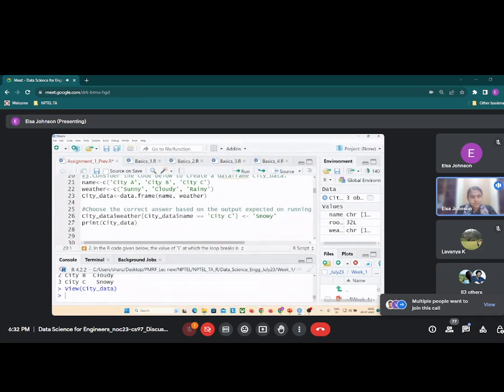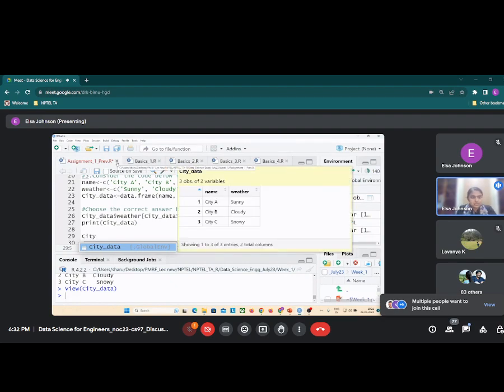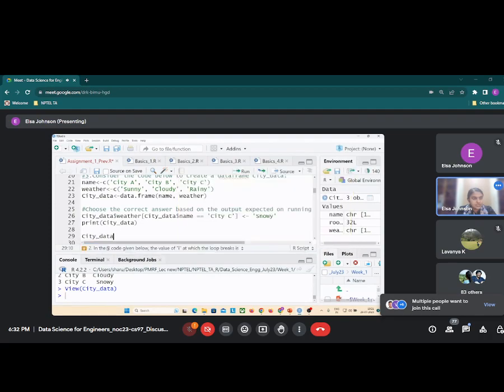So actually our data frame is city underscore data, right? Just when I typed it, it's showing this one. Can you see it? So city underscore data. If you want to access one of the columns of it, you just put dollar. So dollar denotes accessing any of the columns. Now when I put dollar, it came either name or weather, so I can select which one is needed. So the dollar symbol, if I put dollar dot name,